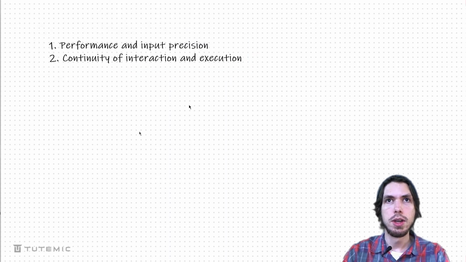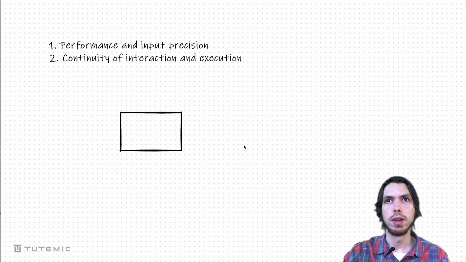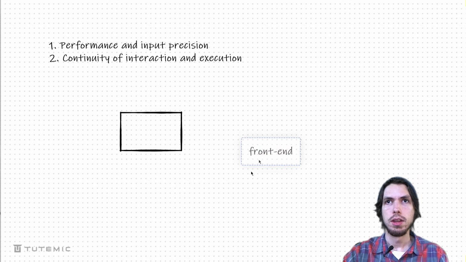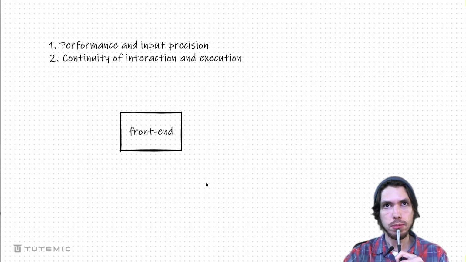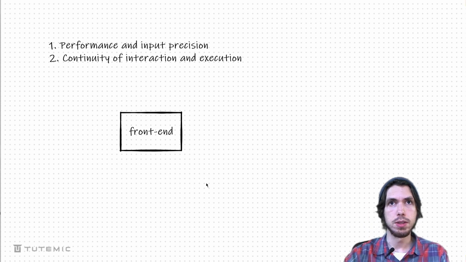All right. So in maybe a normal type of application that you might be creating, let's just call this front end. Okay, so I'm going to type front end. You might have heard of that, or maybe not. Oh my gosh, I perfectly did. That was pretty cool. So front end. And this would be kind of like the web page that the user sees, or maybe it's the screen on the phone and they can see the buttons and all that kind of stuff. So this is what the user sees.